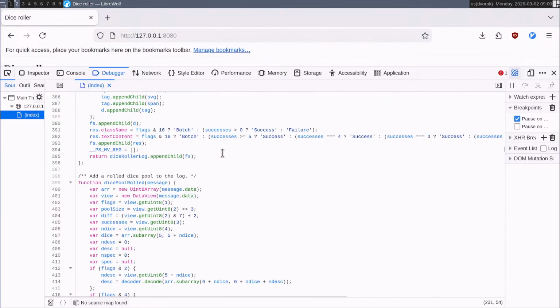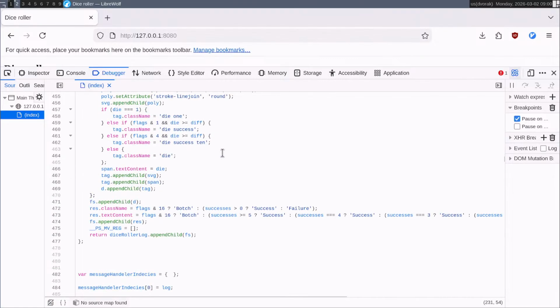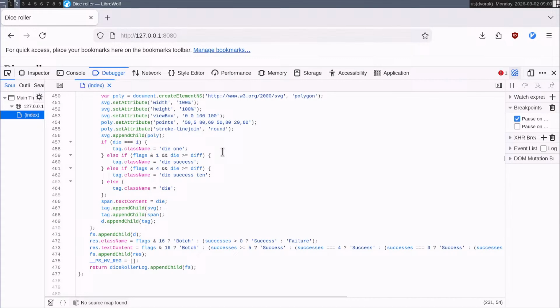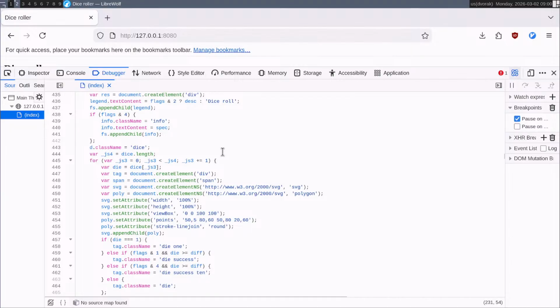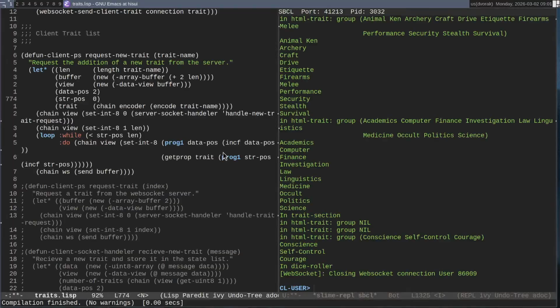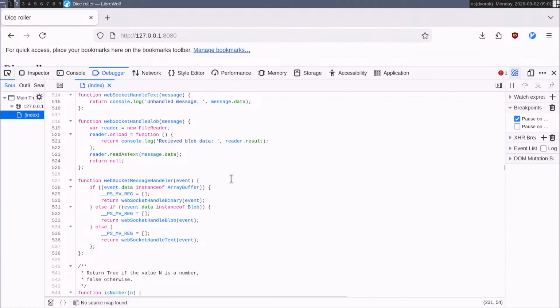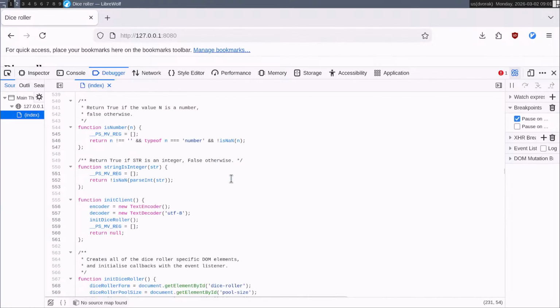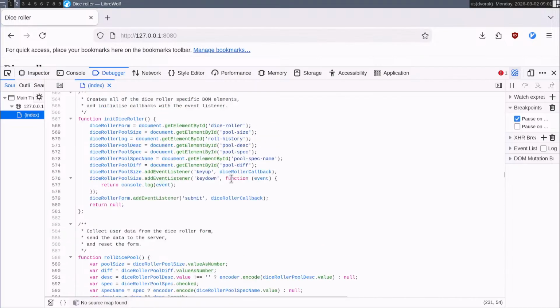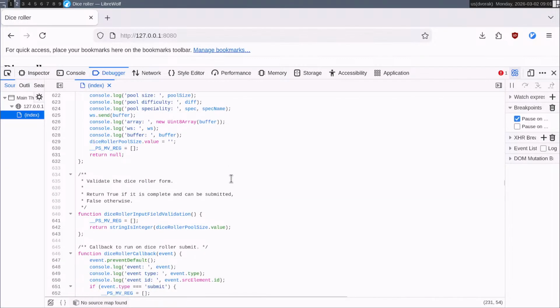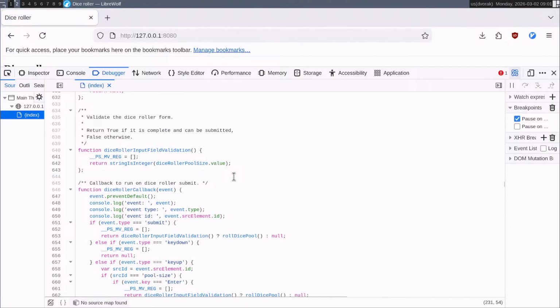Dice pool stuff. Was this a handler, or was it just? No, it's just a Parenscript function, not PostScript. We're not doing anything with PostScript. New Parenscript function, so it's actually going to be at the bottom of all of this. Here we go.